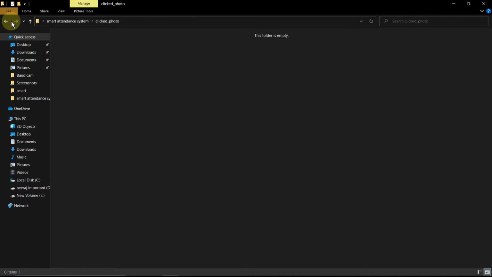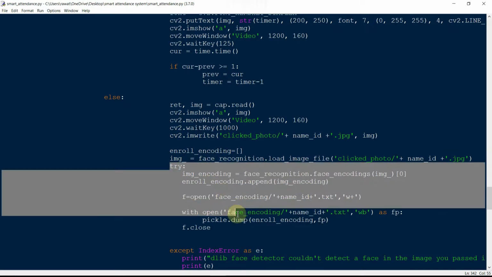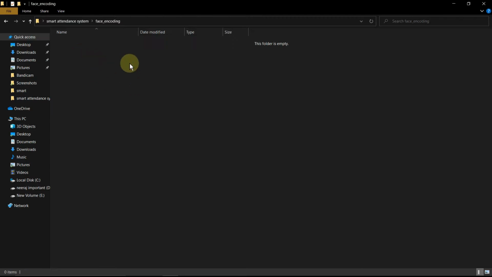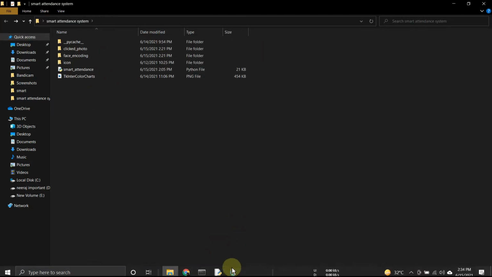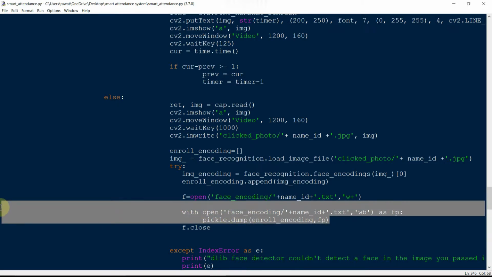This is the folder. After that, it encodes the image of the student and saves that file to the face encoding folder.